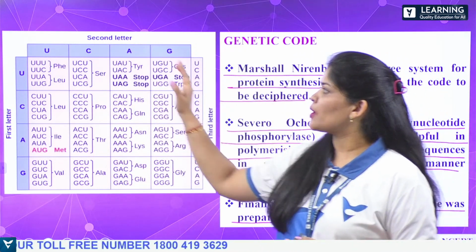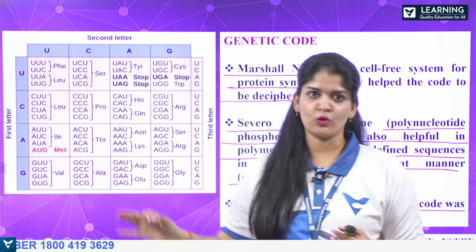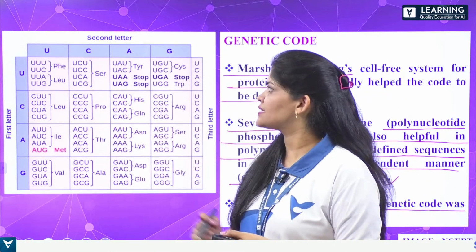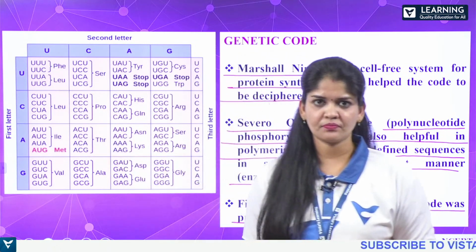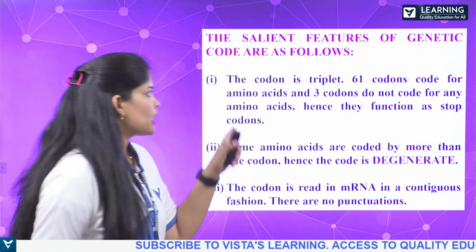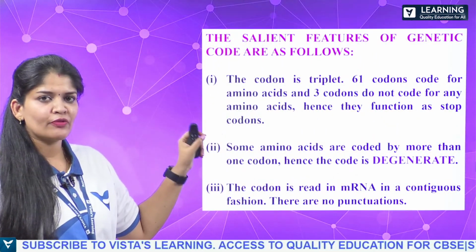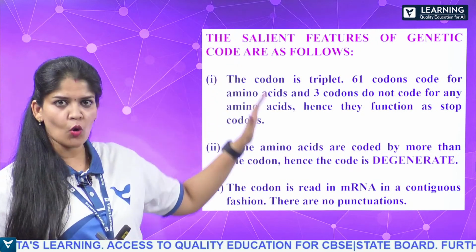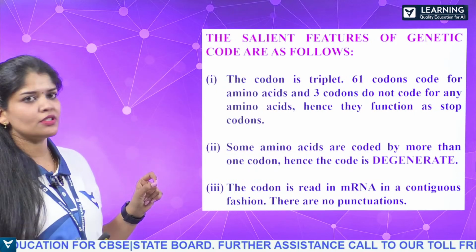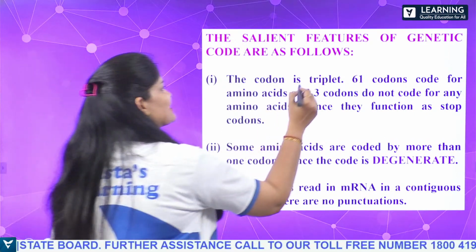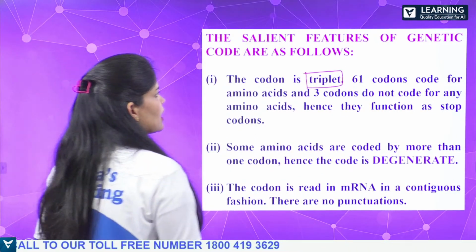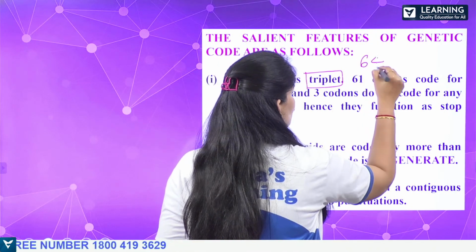So, we can see 64 codons. Codons are the triplets, that means 3 nucleotides. Let's understand the salient features of each and every codon that is present in the genetic code. The salient features of the genetic code are as follows. Codon is a triplet, which has 3 nucleotides. Out of 64,